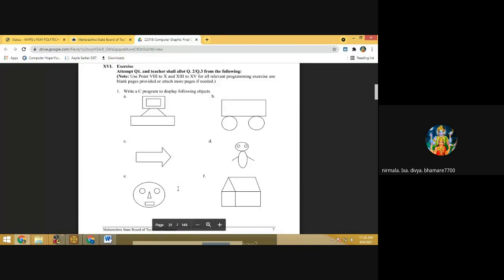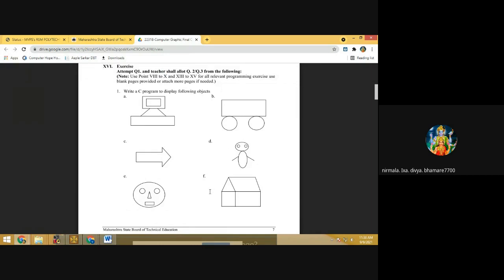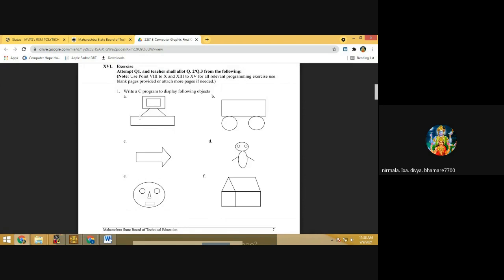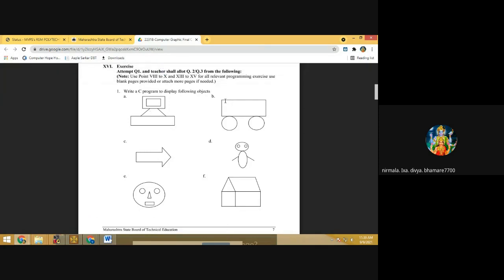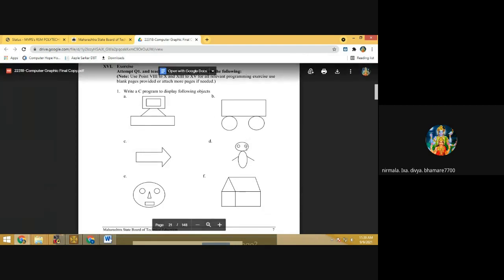Then see, for practice or exercise, we have to draw this type of objects on the screen. How? This is very simple. See, 2 rectangles are drawn, then a third rectangle is drawn, and these are connected with lines. Okay, so this is very simple. Then in figure B you have to draw one rectangle and one circle, but the radius of the circle should touch the rectangle. So by giving the proper x and y position of the object, you have to draw this object.